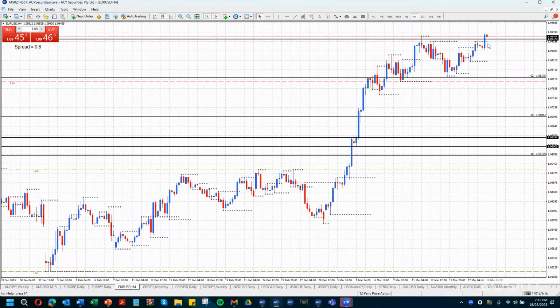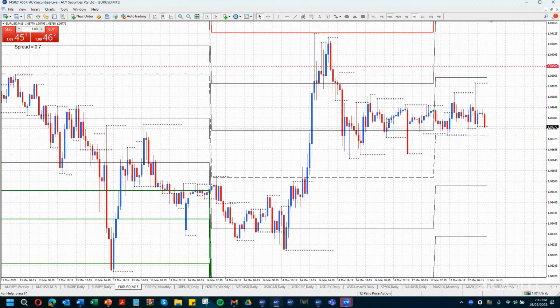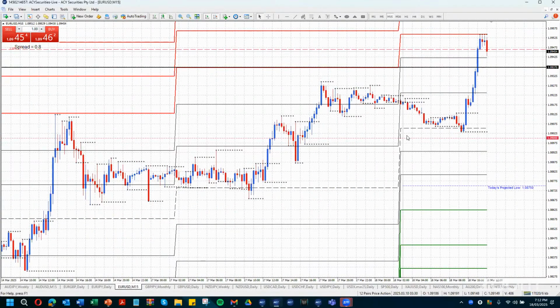We'll just have a look at the 15-minute chart. See, in a strong trend, we only get to the central pivot point. The day before, central pivot point, we're up. Today, central pivot point, and we're up. These are the areas where you should have been looking intraday. Central pivot point yesterday, central pivot point today.